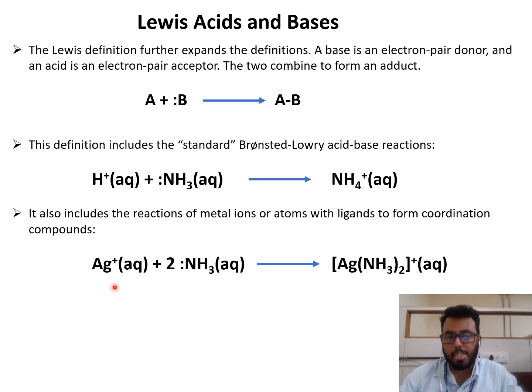Let's take a simple example: Ag in the +1 oxidation state in aqueous solution. When 1 mole of Ag+ reacts with 2 moles of ammonia, that is 2 NH3, as we know, the nitrogen present in ammonia has an electron pair, or a lone pair. So this will donate the electron pair to the Ag. As a result, 2 moles of ammonia